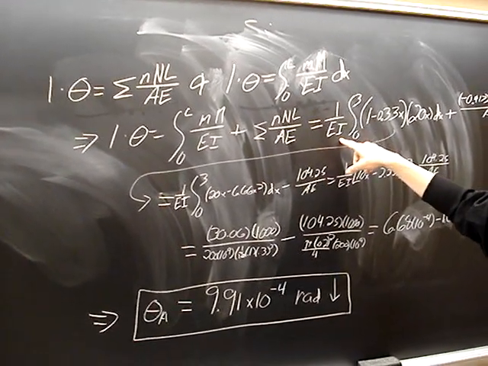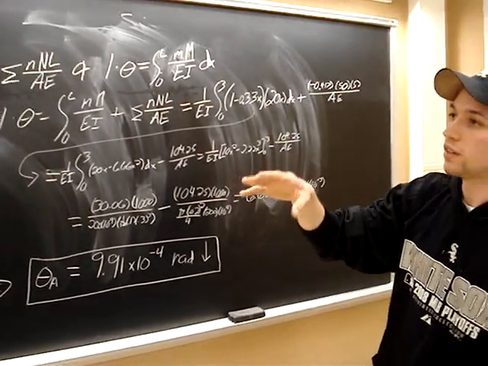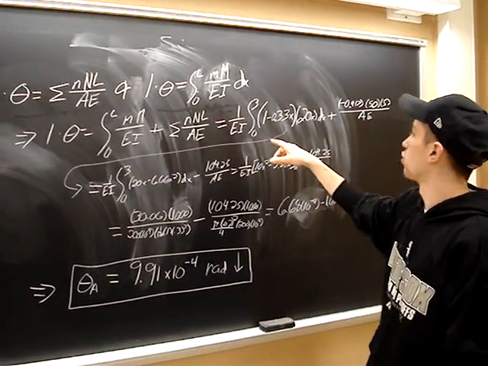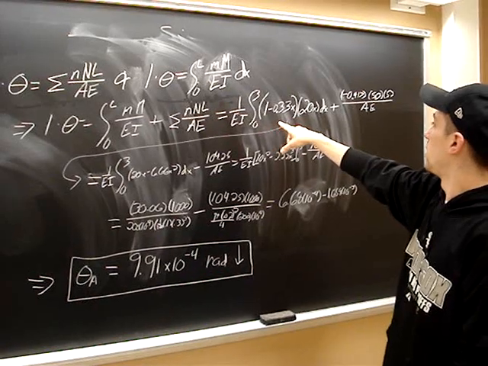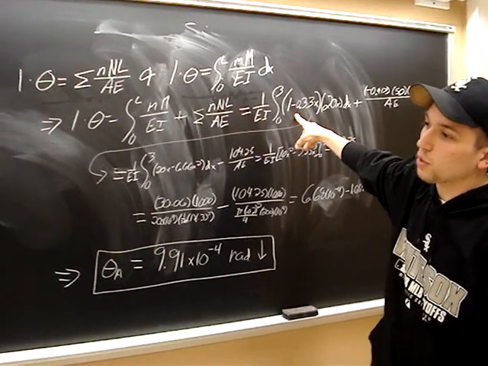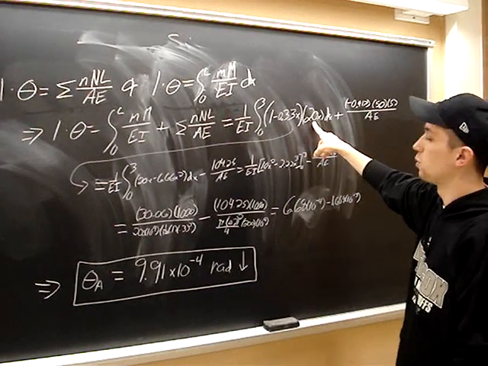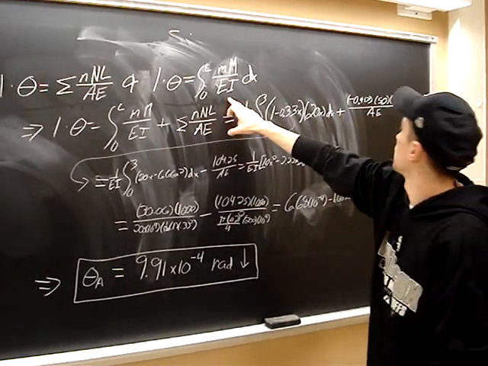This 1 over EI is EI of the beam, and you use the given E and I you look up in the book. You want to do an integral from 0 to L. In this case L is 3. This is your equation for the moment of the virtual work times the moment from the real work. And then you're going to add it to the given equation